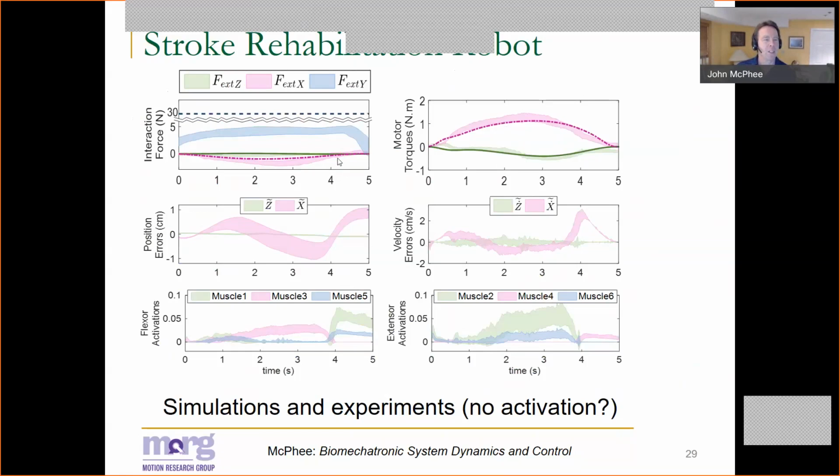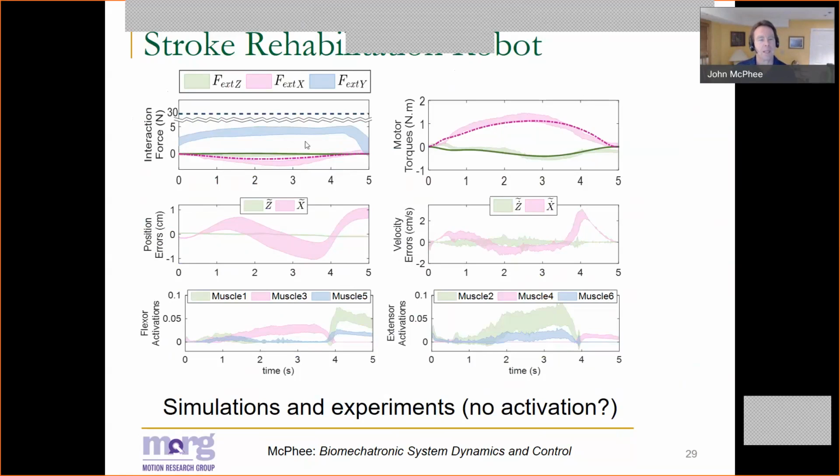Good tracking on the velocity target as well. However, when we look at the interaction forces, we get a good agreement within the plane. But in terms of that vertical force, we see that the user is in fact using their muscles. And instead of that full 30 Newton weight resting on the end effector, the user is supporting some of their load. And the force on the end effector in the vertical direction is much less.